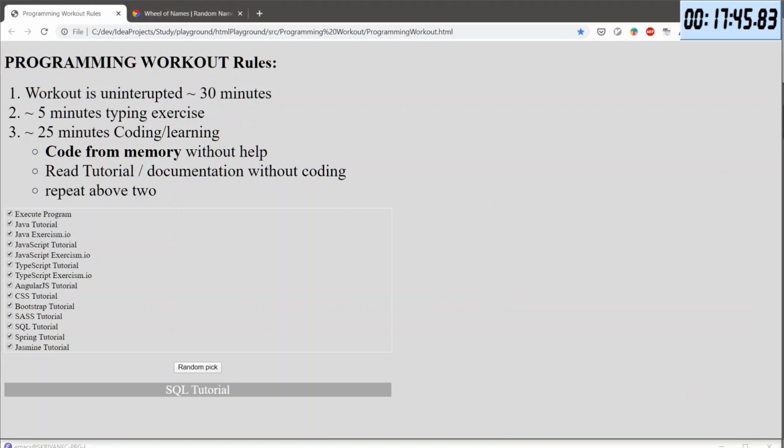Okay, so this is complete. And maybe now I will be able to open my project. And that is the HTML playground. I want to open it in the newest version of IntelliJ, which took me only about 8 minutes or so. Now it seems like nothing is happening.